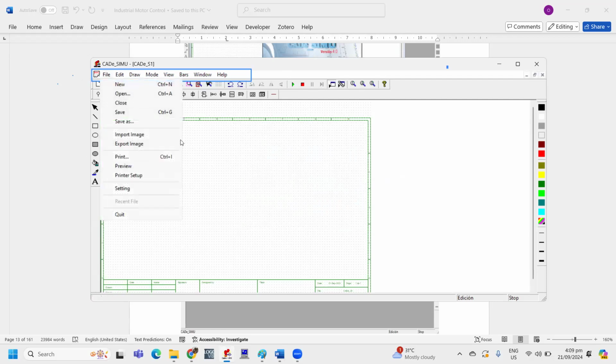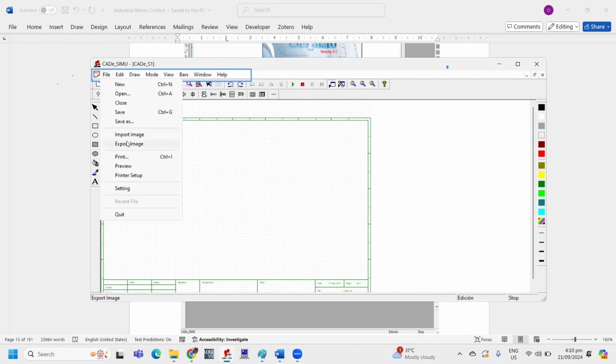Next thing is if you want to import or export image, you can also import image from CAD Simu and place it here in a workspace. Next thing is you can also export.